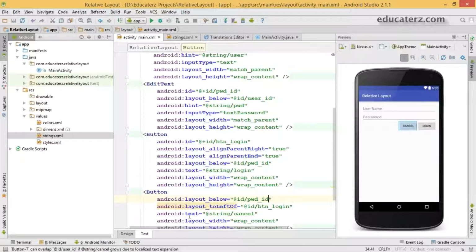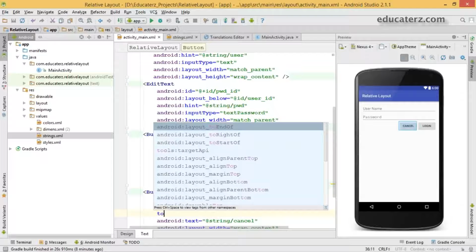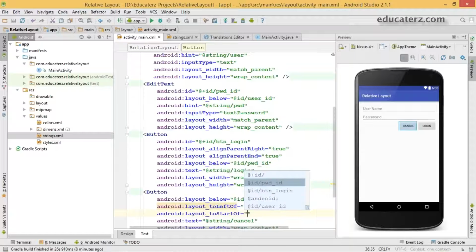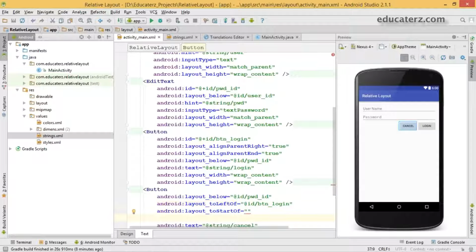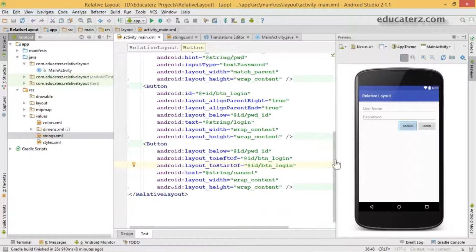Save this, and it is giving us a warning to use to start of as well, to support right to left configuration. So to start of button login. Save this. So now my view has been created.